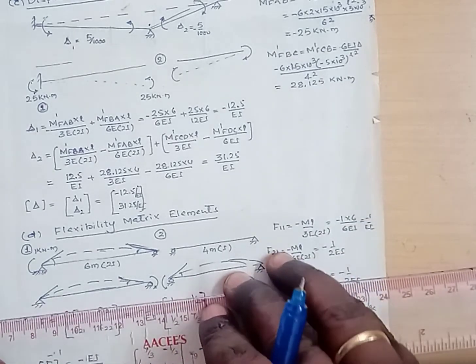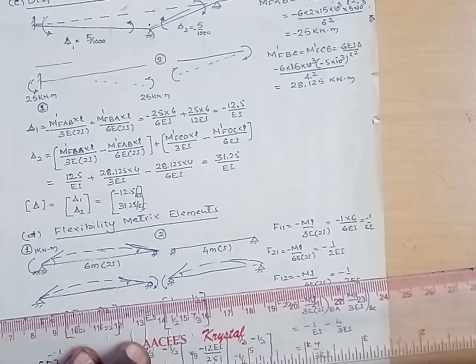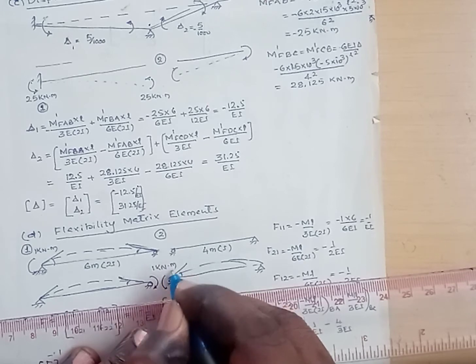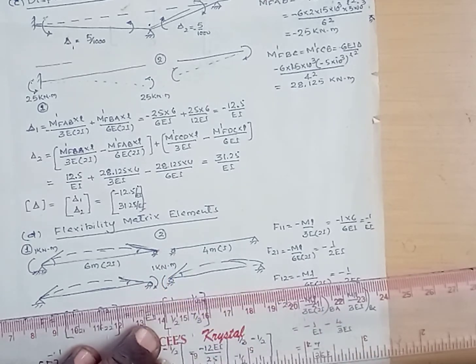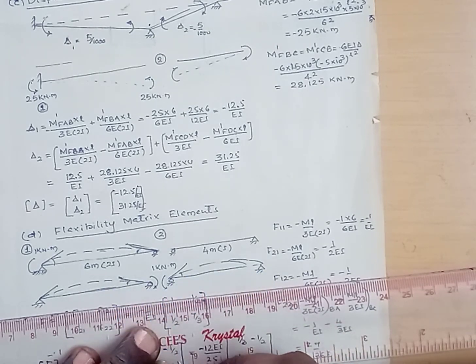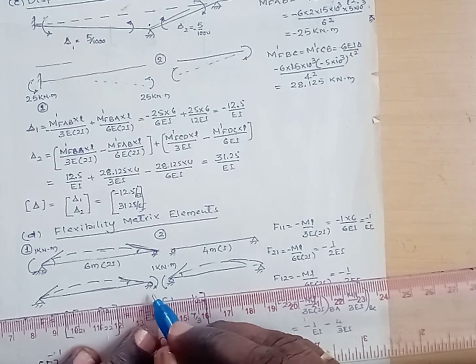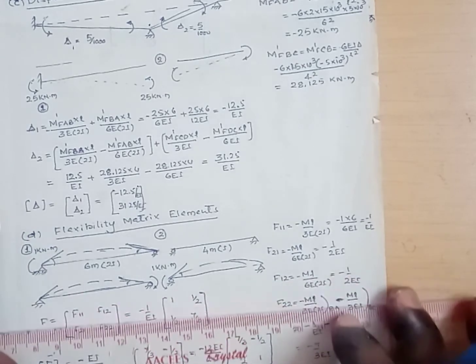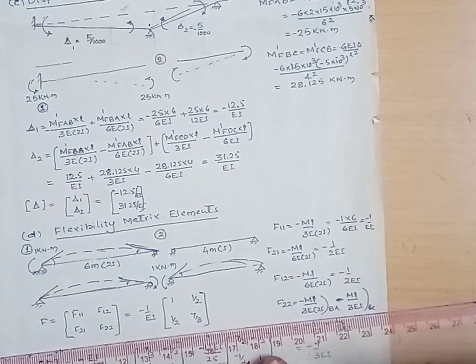Similarly, in the basic structure, apply the unit moment at coordinate 2, that is the basic stable structure, which we have made a determinate structure. Here we can apply a unit moment of 1 kilonewton meter at coordinate 2. Both the spans BA and BC will undergo displacement like this. Here we have to consider both the displacements in span AB and BC. Here F21 or F22, first we have to calculate